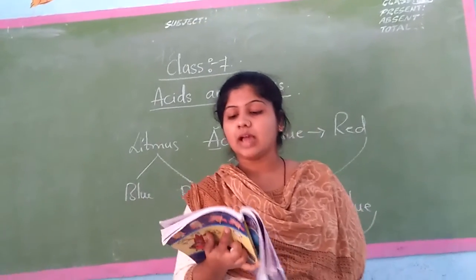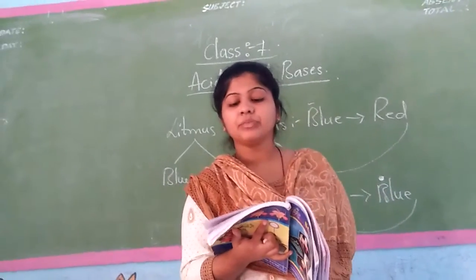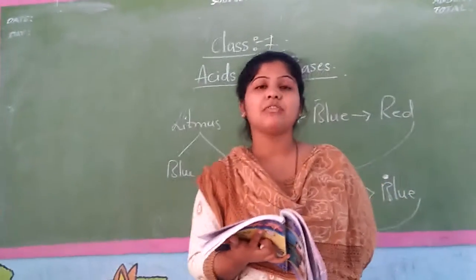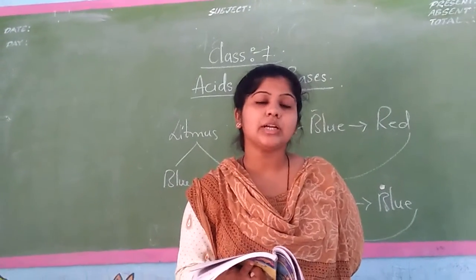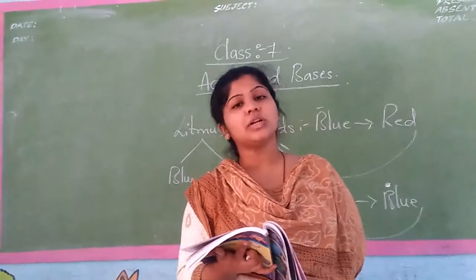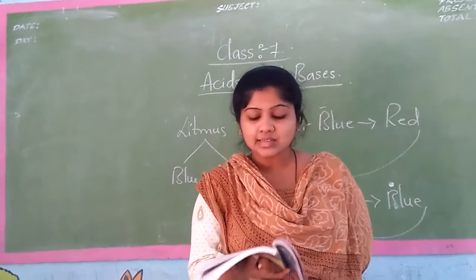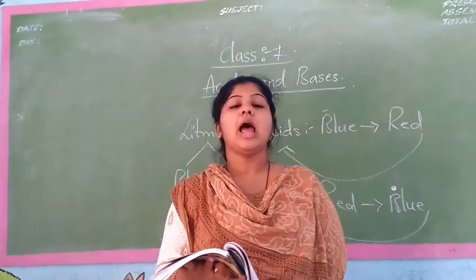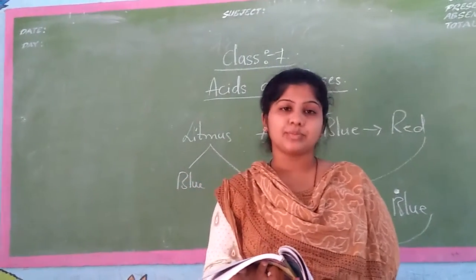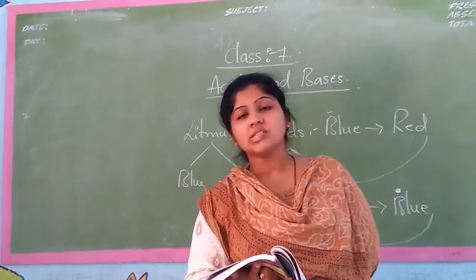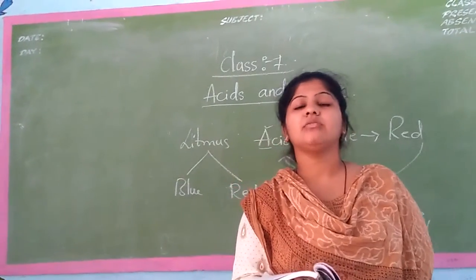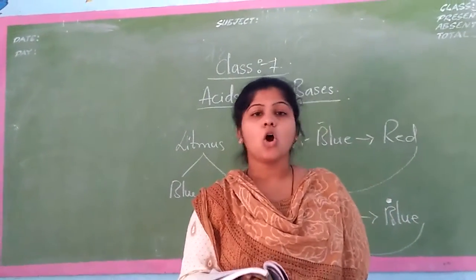What do they tell us in let us do 6, Nana? Take the substances that are given in table 3 and test them with phenolphthalein. Phenolphthalein is one type of chemical and methyl orange is also one type of chemical. We have to test these two chemicals using blue litmus paper and red litmus paper. And you have to take some substances and add them to phenolphthalein and methyl orange. The change you get will decide whether it is an acid or a base.